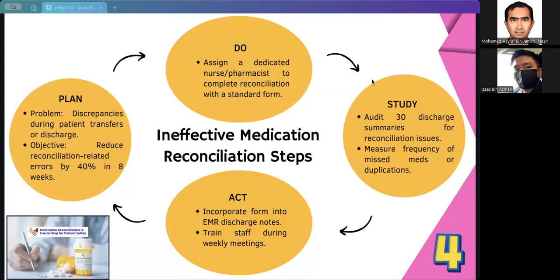Next, we will conduct an audit of 30 discharge summaries to identify any reconciliation issues, and this will also allow us to measure the frequency of mismedication and or duplications. And finally, during the act phase, this will involve incorporating our reconciliation form onto the EMR discharge note and training our staff during weekly meetings. On the fifth